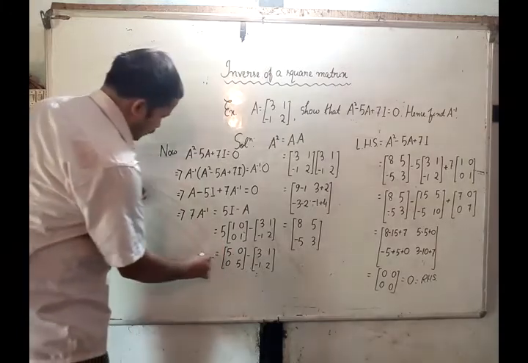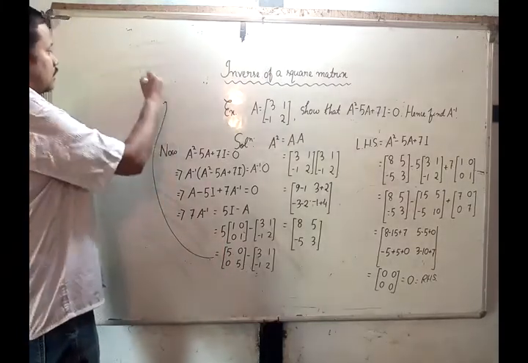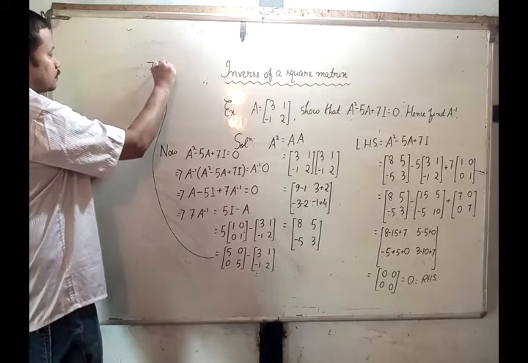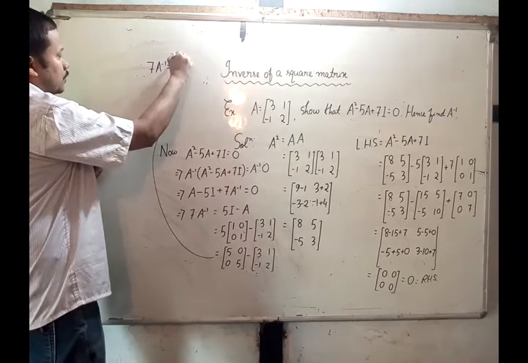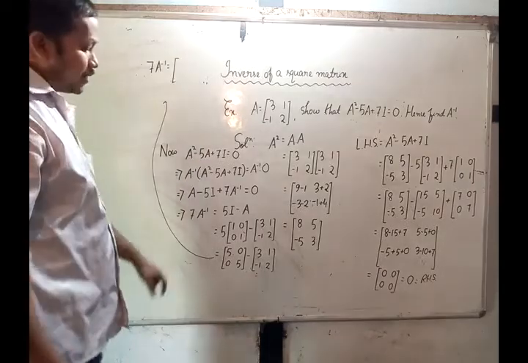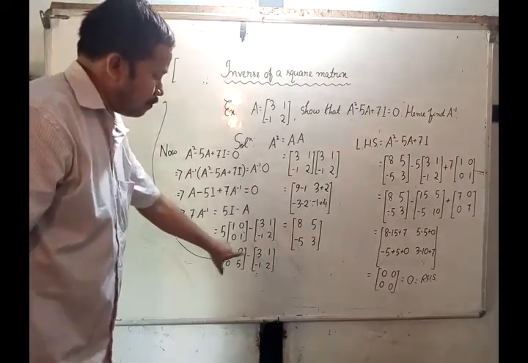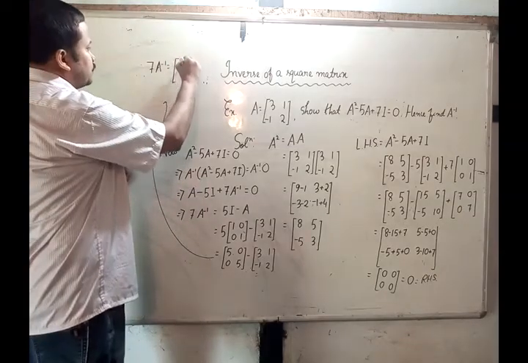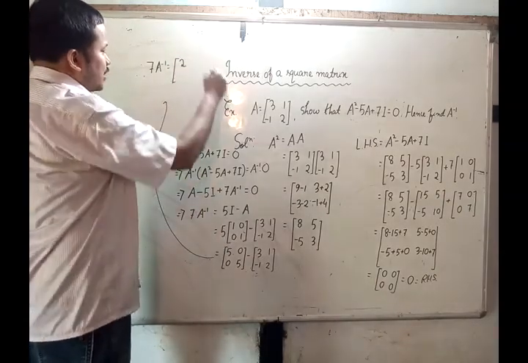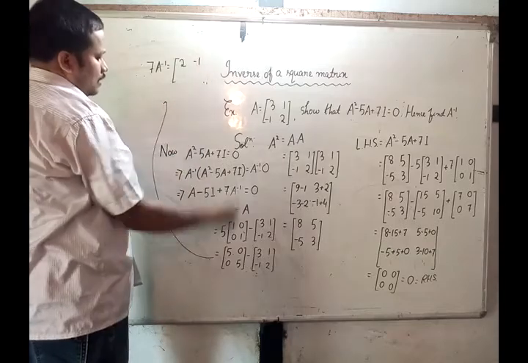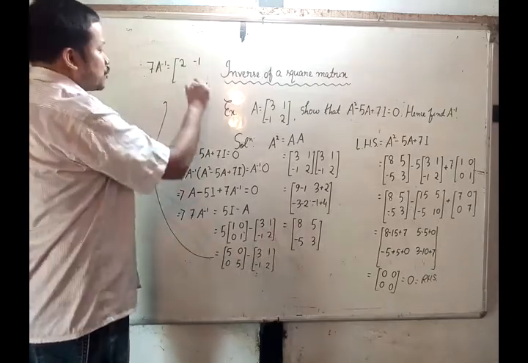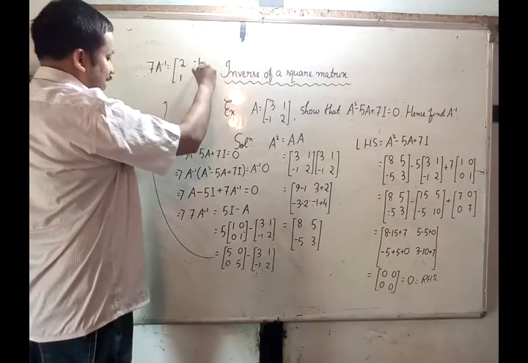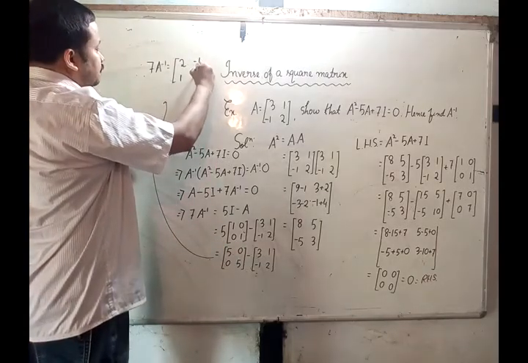Therefore, 7A inverse equals, after subtracting the corresponding matrices, what we get is 5 minus 3, which is 2. Then 0 minus 1 is minus 1. Then 0 minus 1 plus 1. And 5 minus 2 is again 3. Therefore, A inverse equal to,